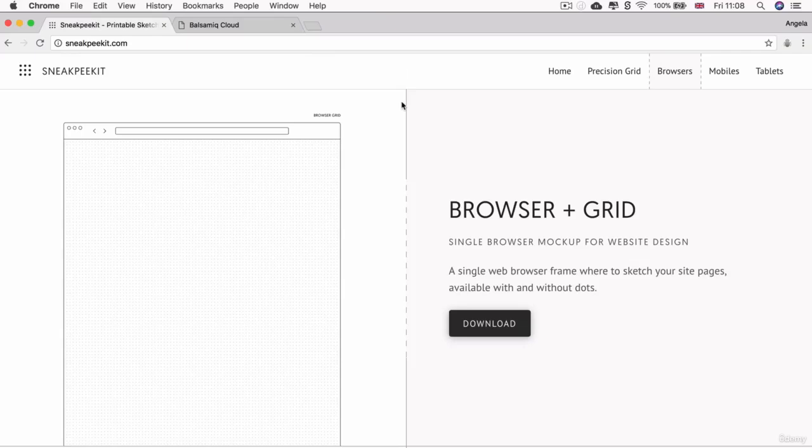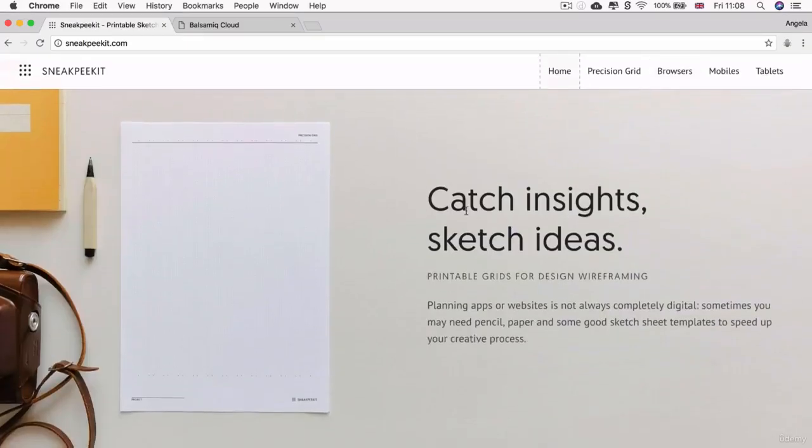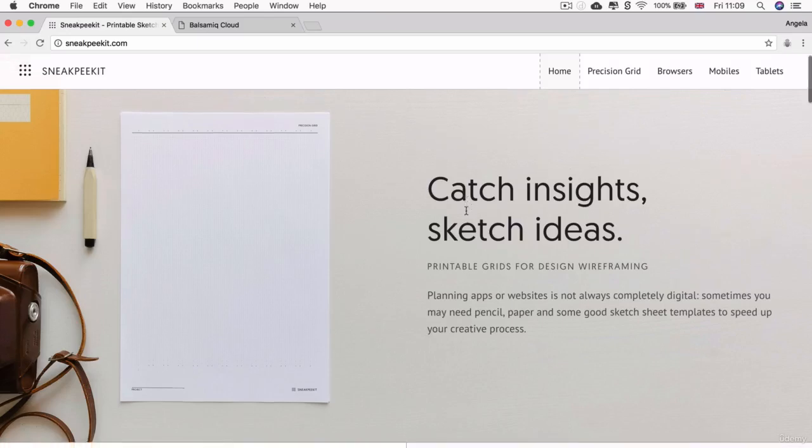So let's do the same for our website. Let's start off by creating a wireframe. So how would you go about doing this? So in order to create wireframes, the easiest thing that I tend to recommend is just to use pencil and a piece of paper. Now, if you want,